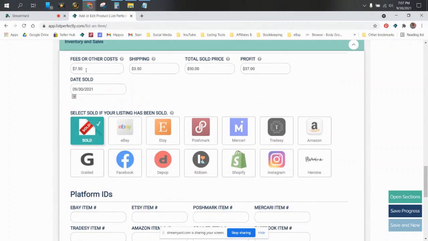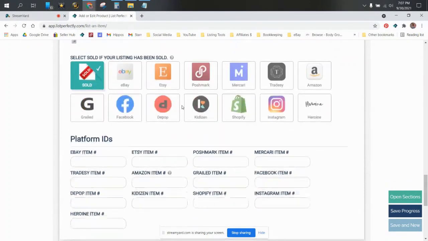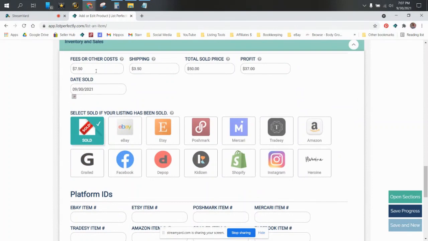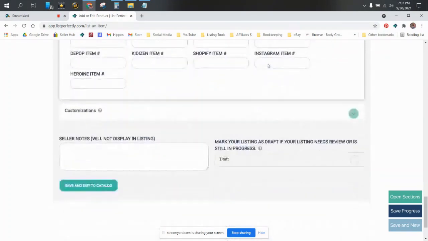So yes, once it's sold, you can fill all of this in: the date, the fees, the shipping, the total sold price, and it figures out the profit for you. And then